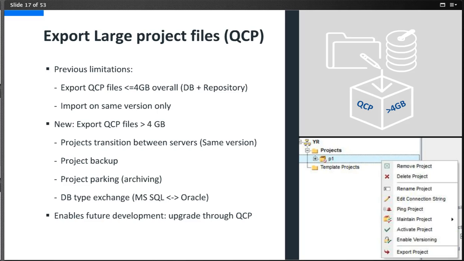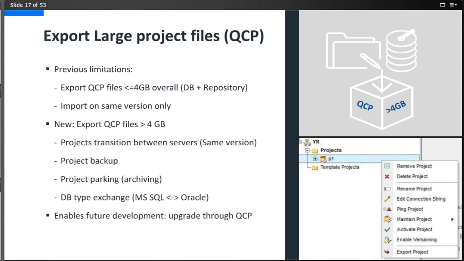So both of those are more end user features, but what about admins? So this is where we really want to realize that admins have some very difficult jobs when it comes to ALM. And so what you're probably aware of is the fact that exporting a project's database and repository into a single QC project file or a QCP file is limited by about 4 gigabytes. So with this release, we also have removed this limitation, and any data size can be basically exported as a